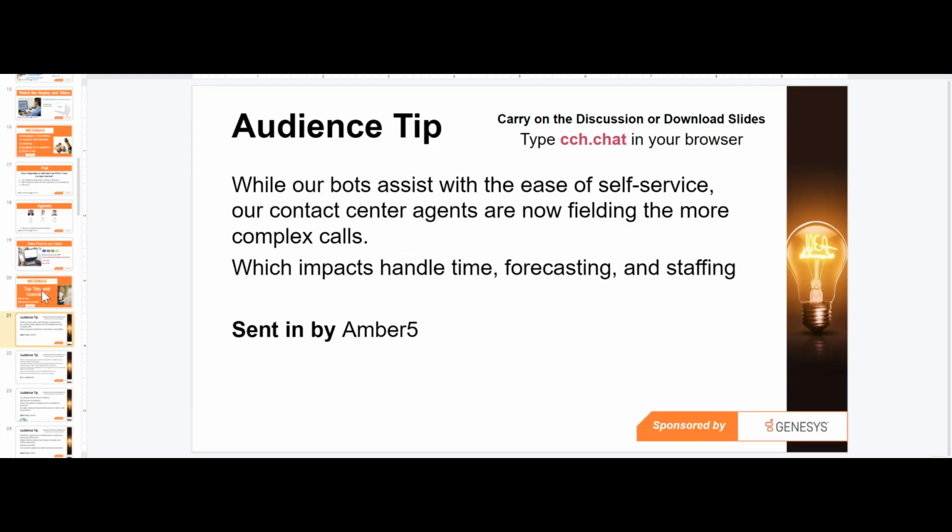And that's coming from Amber, who says, while our bots assist with the ease of self-service, our contact center agents are now fielding the more complex calls, which impacts handle time, forecasting, and staffing. Do you think, Paul, that maybe with all these self-service implementations we need to think more about the changing advisor role? Yes, absolutely. I think Amber's spot on,